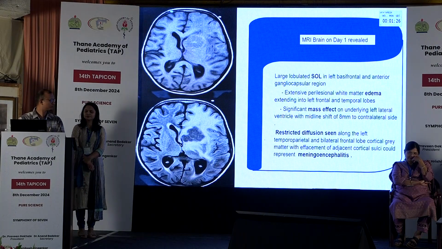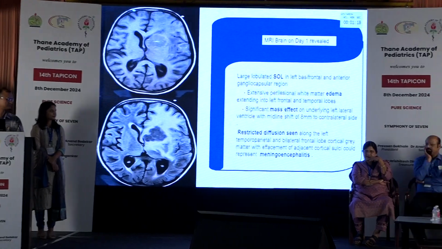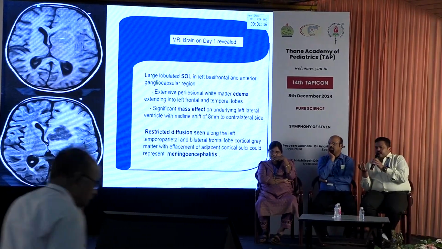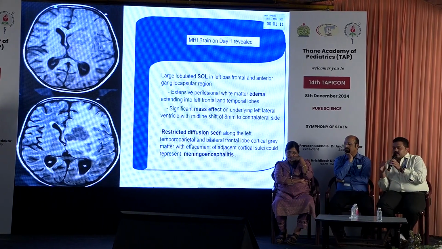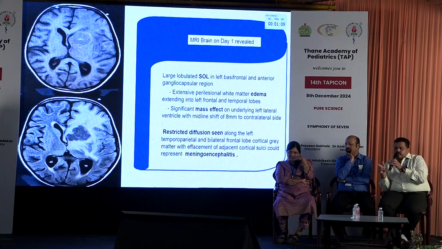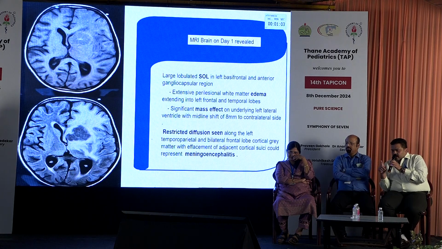See, why I said, as sir said, that even I would not attempt a CSF in this child. Definitely there is a midline shift, so there is a possibility of cerebral herniation. What we are seeing is that the first image is a T1 image where you are seeing a hypointense mass with peripheral hyperintensity, and then the next scan, I guess, is a FLAIR where you are seeing a very hypointense mass. So hypointense is dark and hyperintense is white.